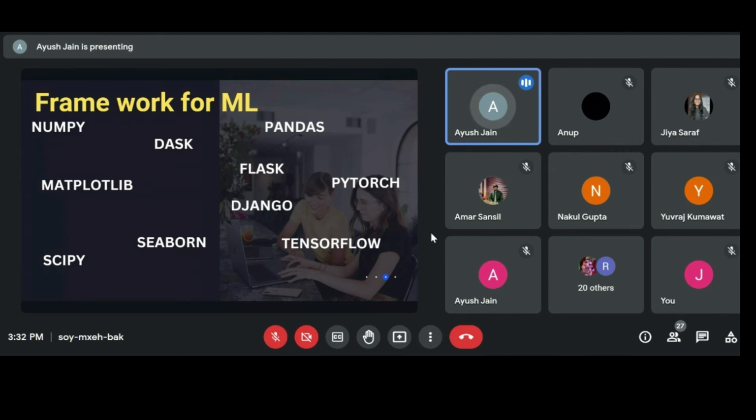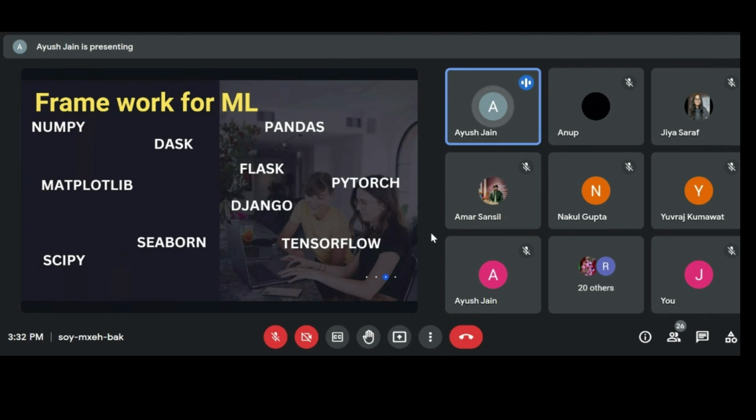Matplotlib is more or less used for data visualization, and similarly Pandas for arrays, and Flask is for web development frameworks, and Django similar. TensorFlow is mainly used in deep learning, computer vision and NLP domains. So for text classification, if you're going with a dataset that includes text classification, you have to have basic knowledge of NLP also. Right now we are talking of machine learning, so I'm focusing more on the machine learning part.